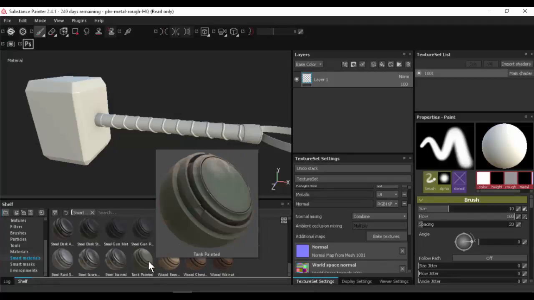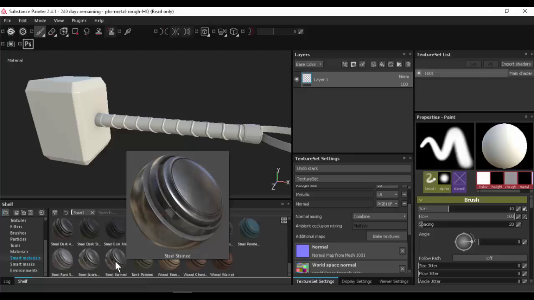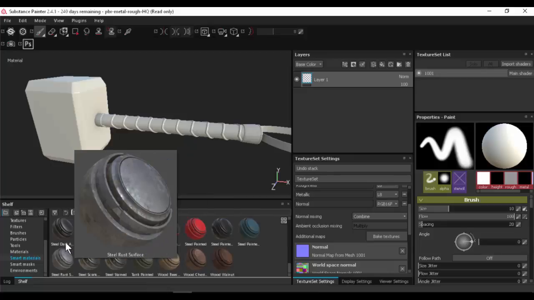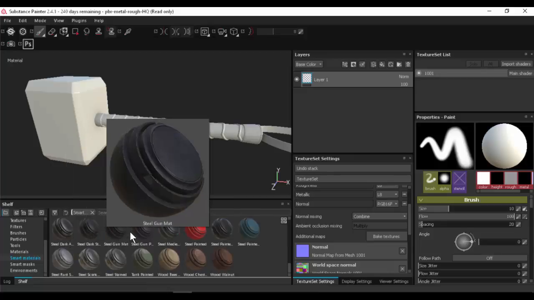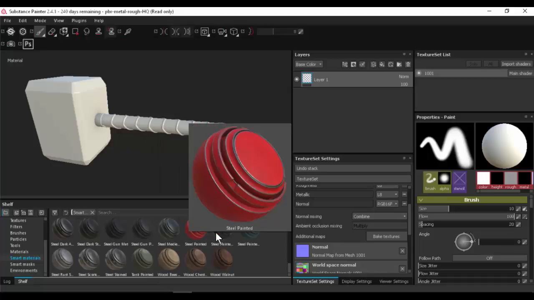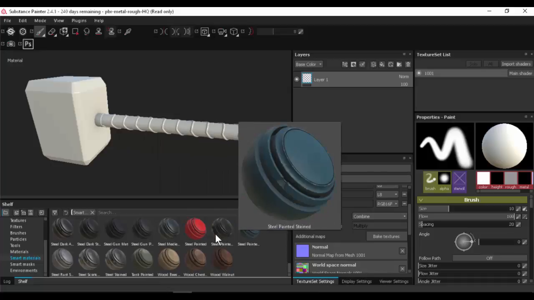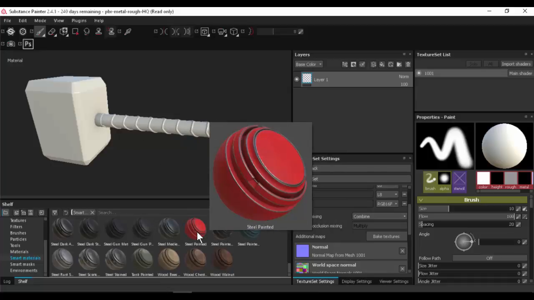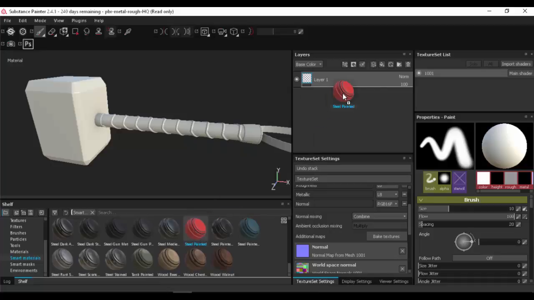So these bottom ones are all wood. Here's a tank painted material. Here's stainless steel. You can customize all this stuff too. These are all smart materials that are basically just already set up, right? So you can just drop them on, just to make it apparent what's going on. Like this red has some silver around the edges. So if I just drag this onto my layers,